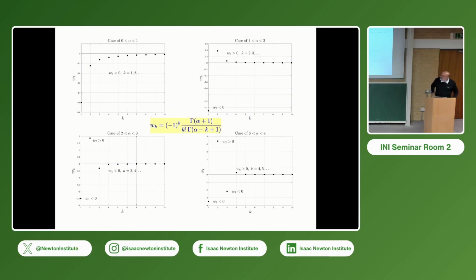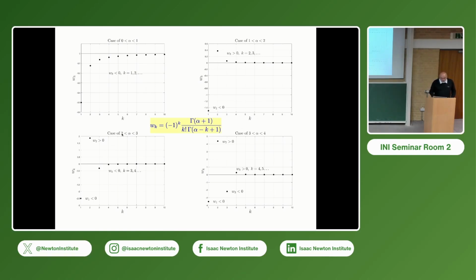And what happens is the following. These are the coefficients in the Grunwald-Letnikov approximation, and for different alphas, this is how they behave. If alpha is between 0 and 1, they all are negative. And this is what Tenreiro Machado noticed. The sum of them gives 1, all are negative. If we go above 1, we have a problem because one of them is negative and the rest are positive. And the sum is still equal to 1.